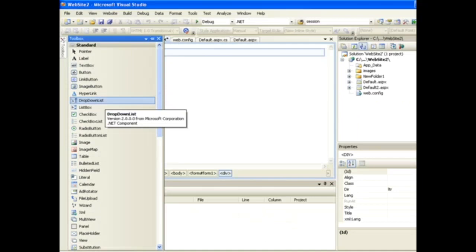So now we are going to demonstrate the drop down list control. Just take the drop down list control from the toolbox by double clicking on it. Then, after clicking on the arrow, you will see the displayed window, drop down list task, in which the first task is choose data source. Whenever we use the drop down list to connect with a database, in database connectivity, that time we make use of this particular option, which is commonly used actually.